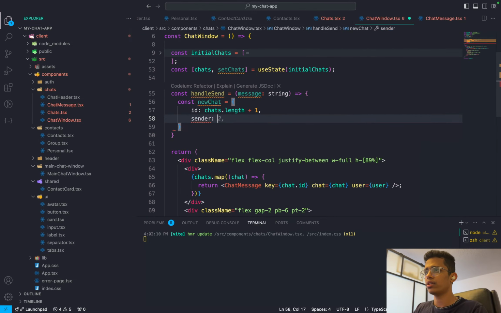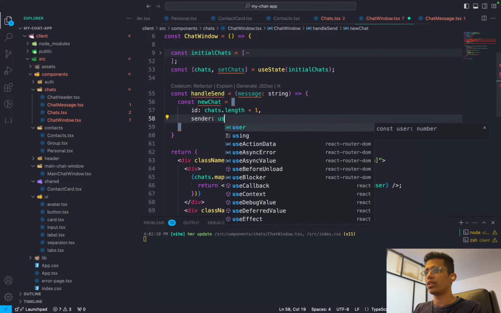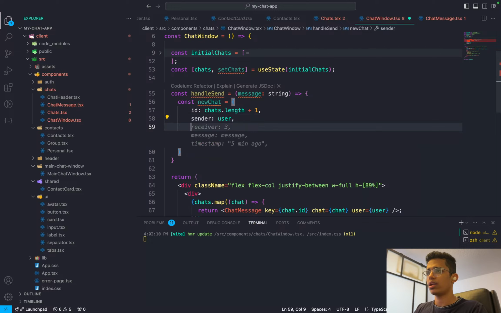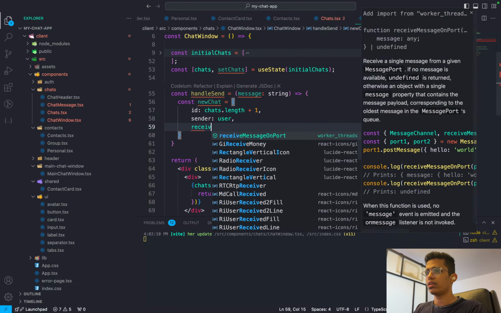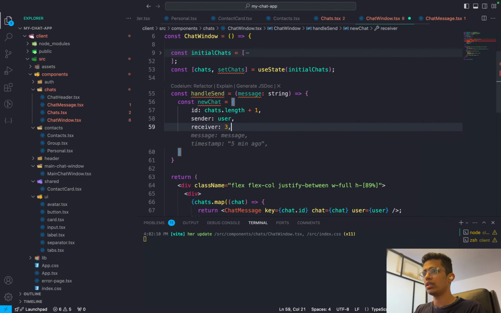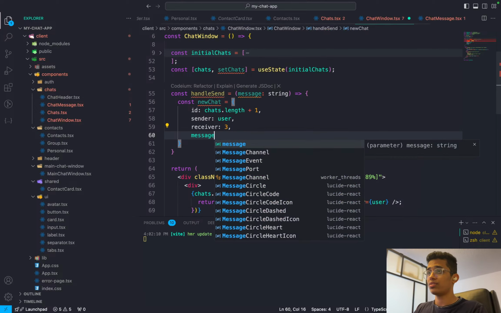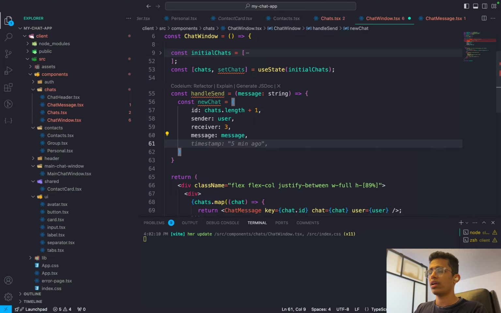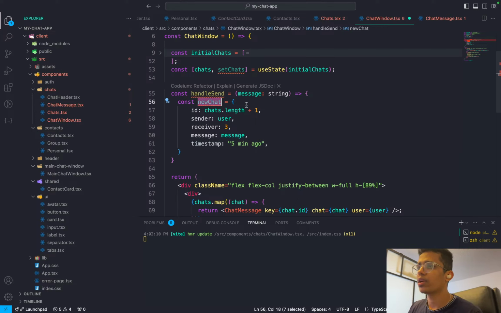Then sender would be the user, right? Receiver would be 3, message would be a message, and for now timestamp, we don't care about timestamp for now, but yeah, we'll make a new chat and then